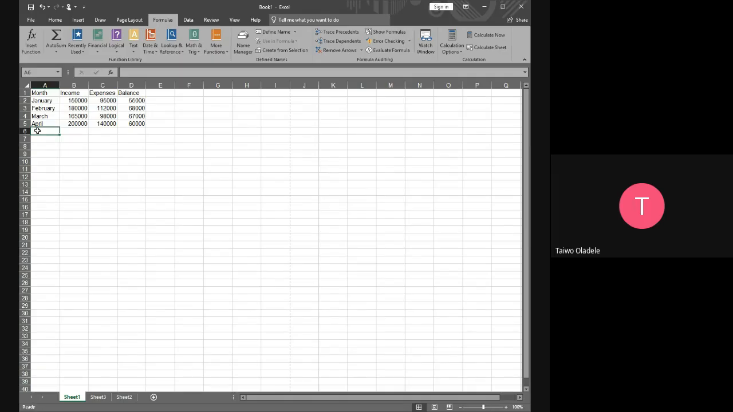We have some basic functions that we'll be using. We'll be using maybe the sum, average, max, which is maximum, minimum, count, and all of that. They are just basic functions for us to quickly learn. So for this part now, before we go into formatting our table so that it looks nice, let's come to